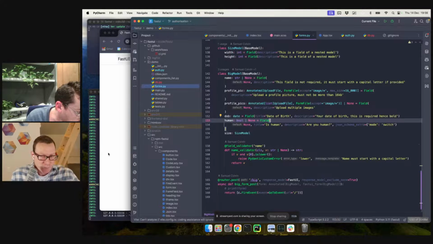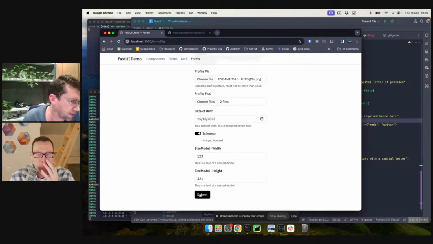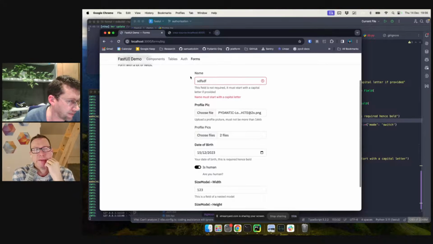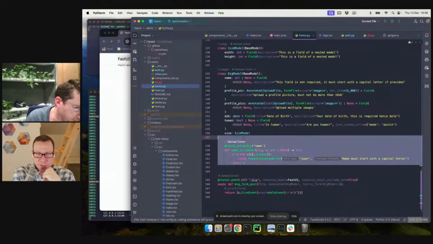And then I think if we put in name and we don't capitalize it in this case, we'll go off and do the validation and come back and we'll say name will start with a capital because I've implemented it. Where's that validation? Oh, I see. That's a function that you write.